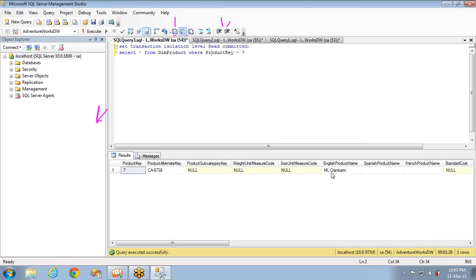Okay, this is about read uncommitted and read committed transactions. In the next session we will see examples for the remaining two isolation levels, and we will jump into the optimistic concurrency models, that is snapshot as well as repeatable read. We will discuss this, and then we will jump into the trigger concept.